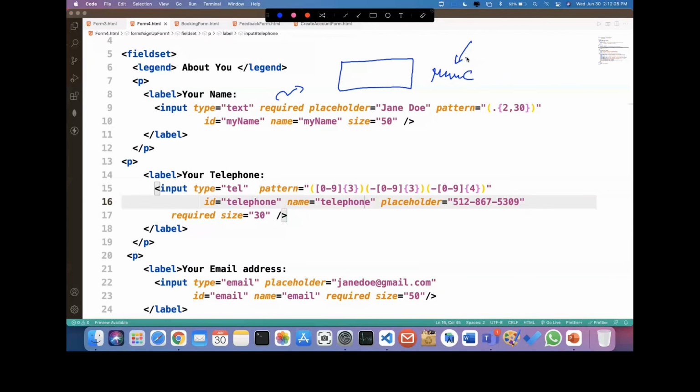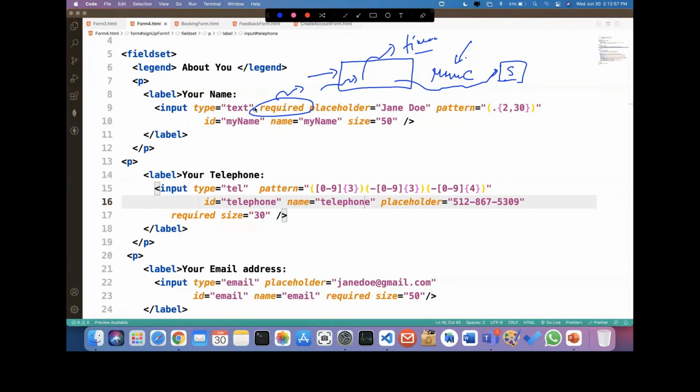So if I have this text box and one submit button, and without entering anything I press submit, then a warning message will pop up: please fill out this field. Without entering anything here, you cannot submit the form data. That is the meaning of required. So you have to compulsorily fill it in.